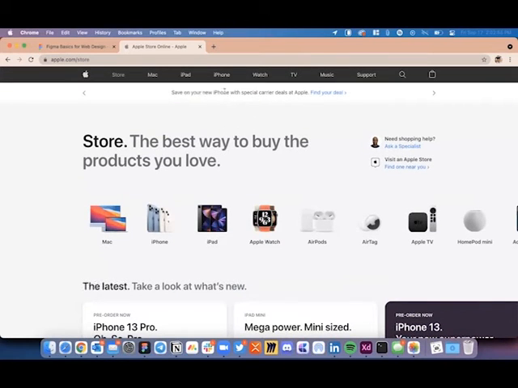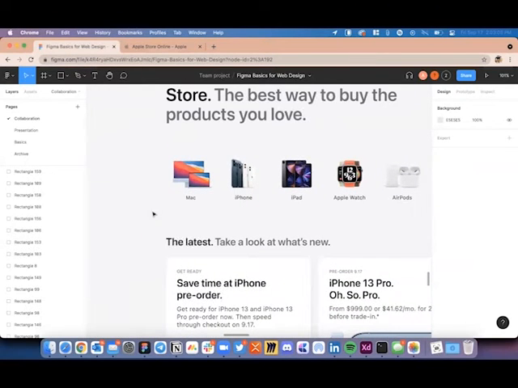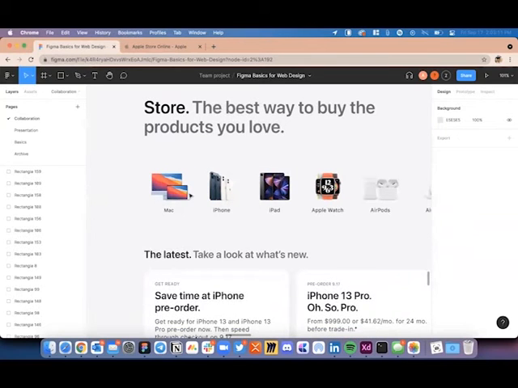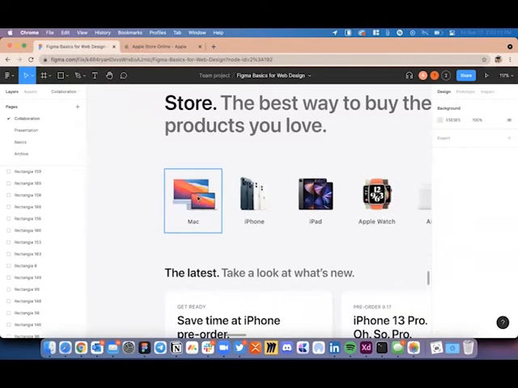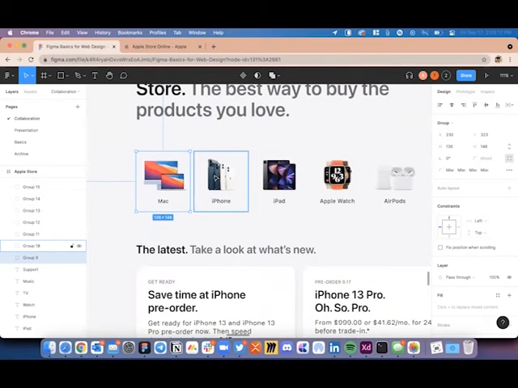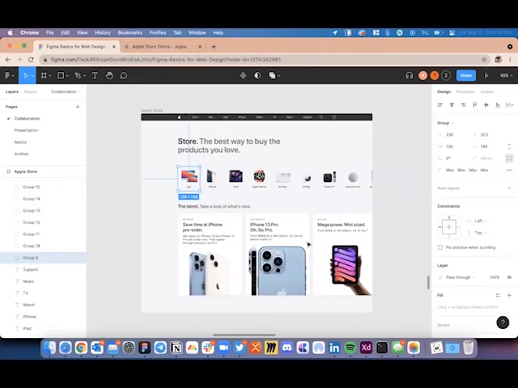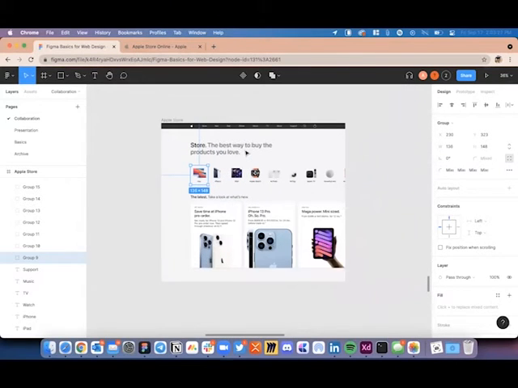For recreation purposes, we are going to be skipping some basic parts like this one and the subheader, so that it seems less intimidating to you, we are just going to be creating this first component and then creating a duplicate of it, changing the text and the image. Same goes for this. We are just going to be creating one and then duplicating it, changing the image and the text. So yep.